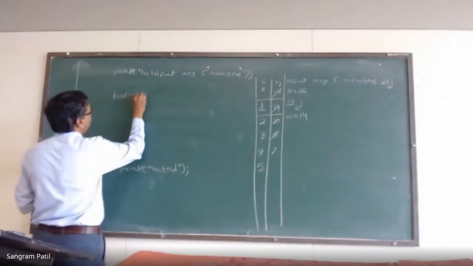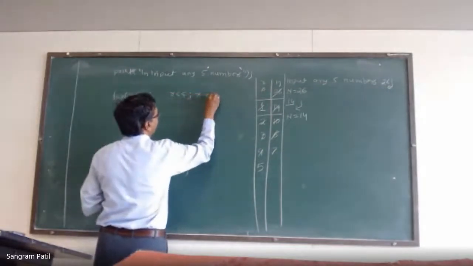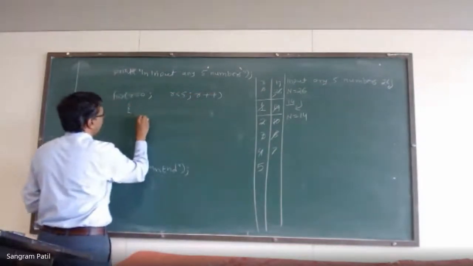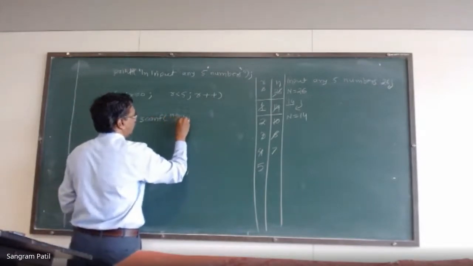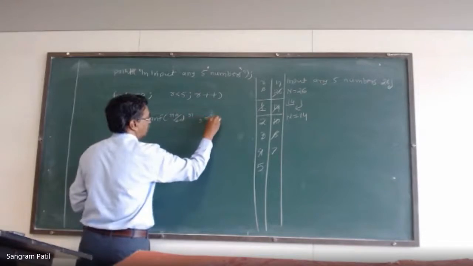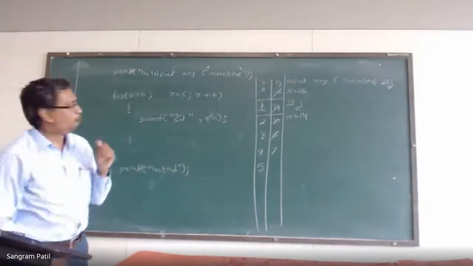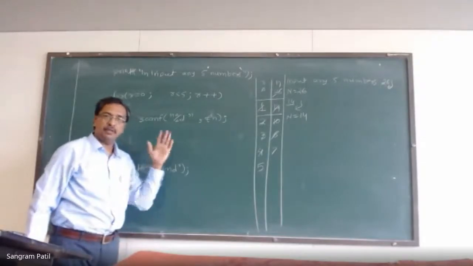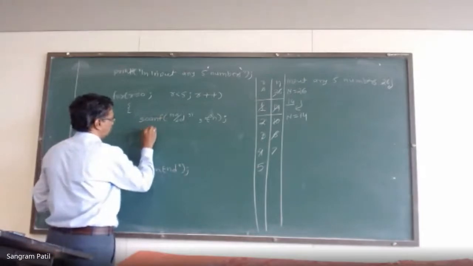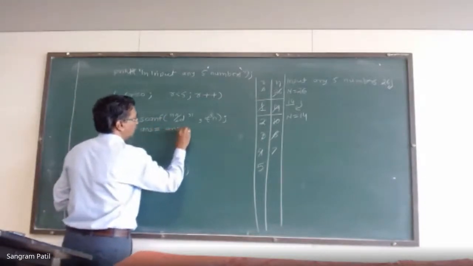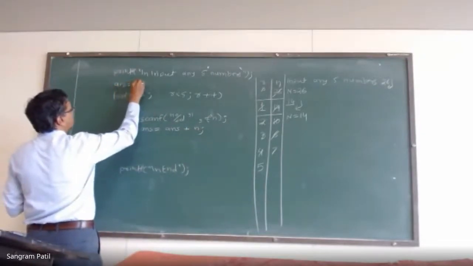For r equal to 0, r is less than 5, r plus plus, curly bracket, scanf, percentage d, ampersand. आणखी मगाची जी प्रिंटफ स्टेटमेंट होती ती मी आता काढून टाकतो आणि या ठिकाणी करतो आन्सर इक्वल टू आन्सर प्लस n,